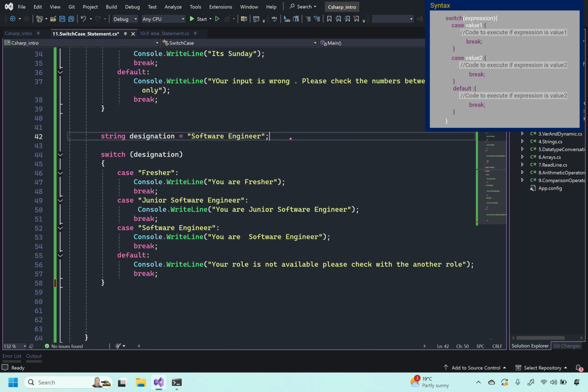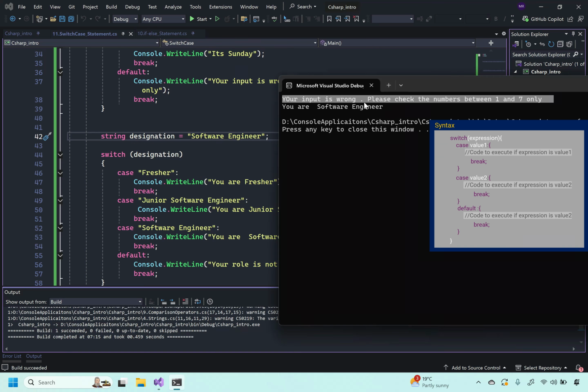Again let's break. In this case, designation is the software engineer. First of all, in the first case, the C# compiler checks "fresher". The designation and "fresher" do not match, so it won't be executed. Even "junior software engineer" does not match, so it won't be executed. The string "software engineer" matches the designation, so that one is going to be executed. Now if you see the output, you see that,